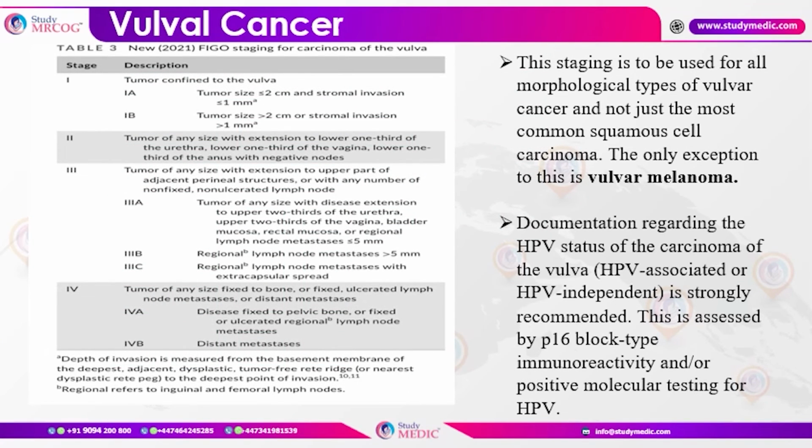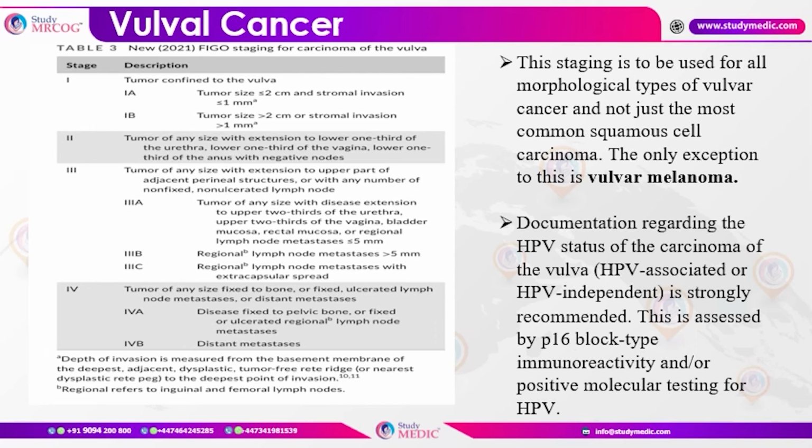Now coming to vulval cancer, staging again is very important. So you have to remember 1A is less than or equal to 2 centimeter, less than or equal to 1 millimeter. 1B is greater than 2 centimeter, greater than 1 millimeter. 2 is if it extends to the lower one third of the urethra, vagina, or anus. 3A if it extends to the upper one third of urethra, vagina, or anus. 3B is regional lymph node metastasis more than 5 millimeter. 3C is node metastasis with